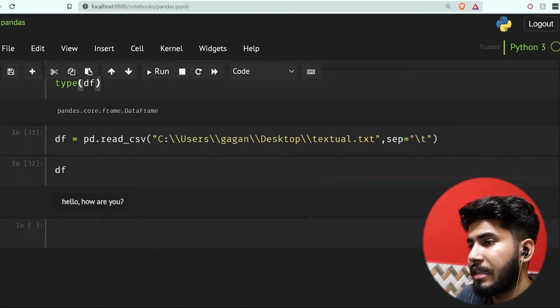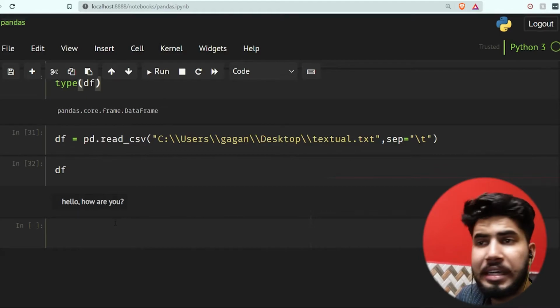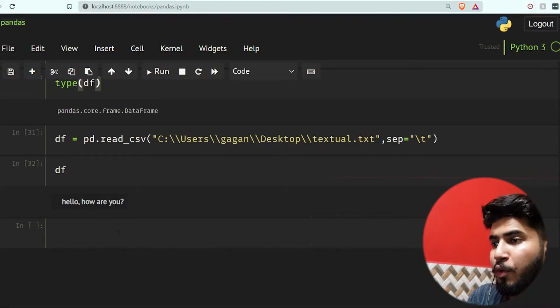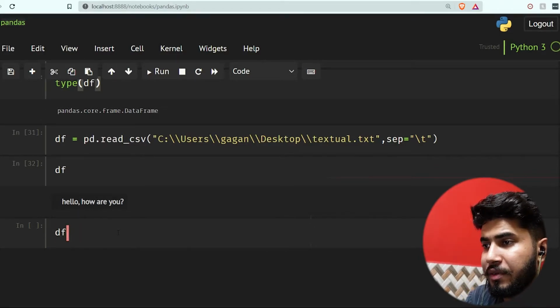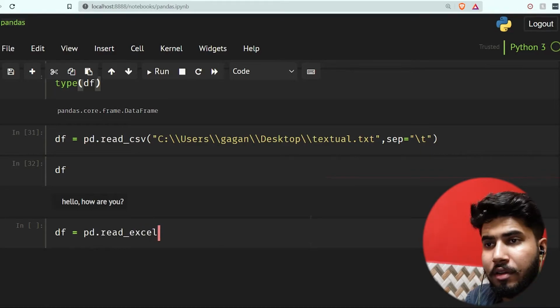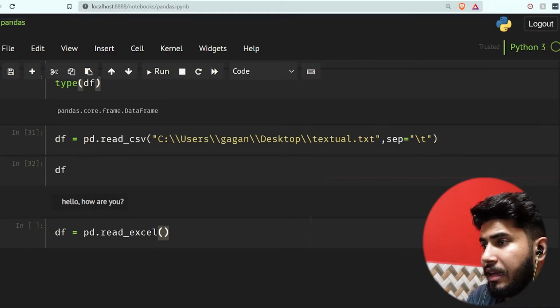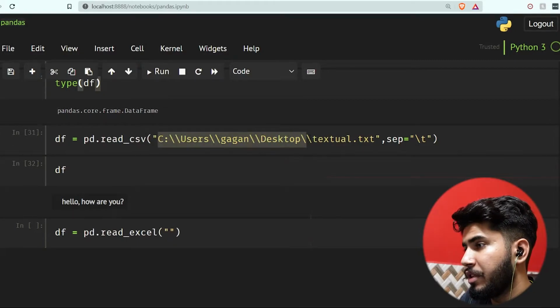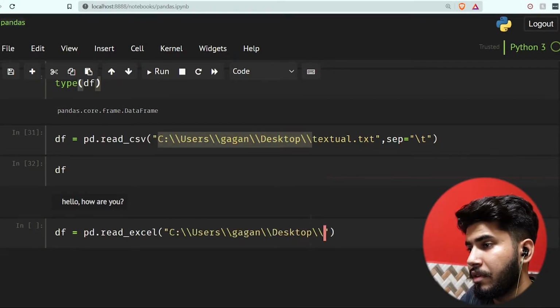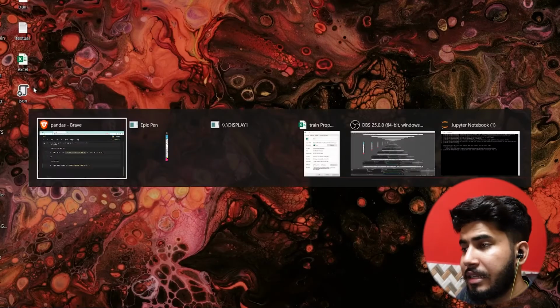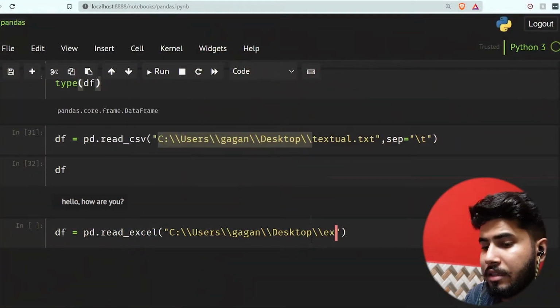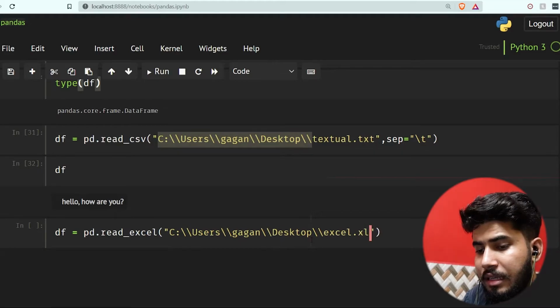The next thing that we should read is the Excel file. So what I am going to do is df is equal to pd.read_excel. Here I'm going to give again the file location, which is going to be the same, and the file name is excel.xls.